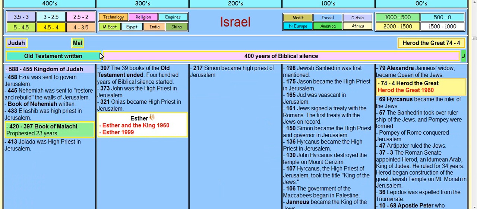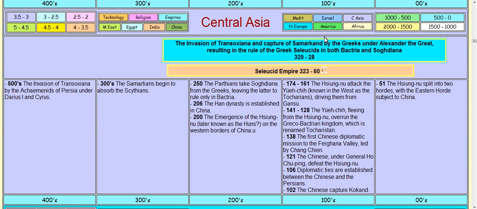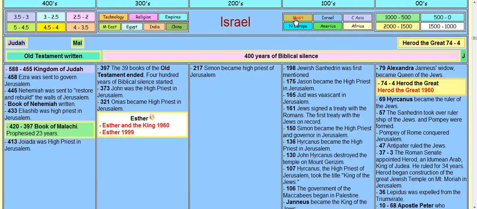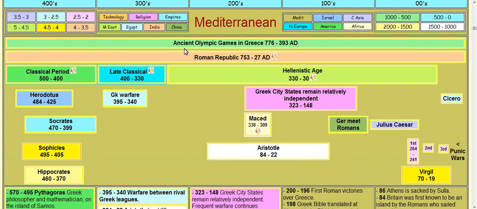Yeah, so then the last book of the Old Testament, and then the 400 years of silence before the Lord and Savior. So that is how you can scroll forward in time in BC, or you can compare all the different parts. You can say, well, what was going on in Central Asia? Well, the Seleucid dynasty empire was happening when the biblical silence, Mediterranean, the ancient Olympic Games were happening, the Roman Republic was here, the Hellenistic age was here,